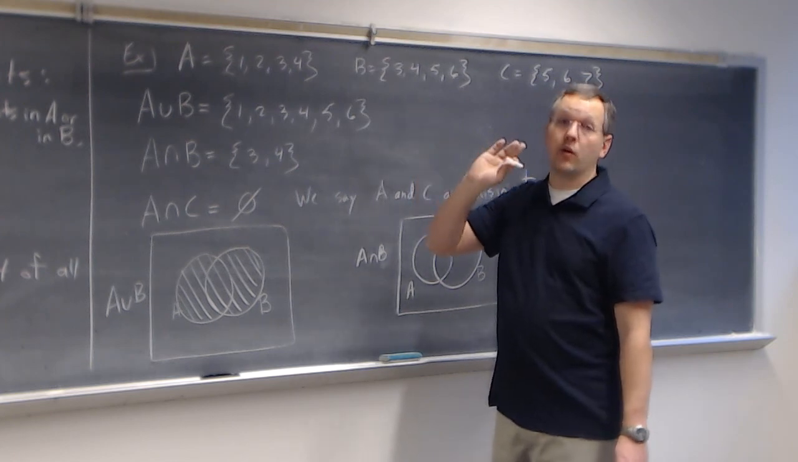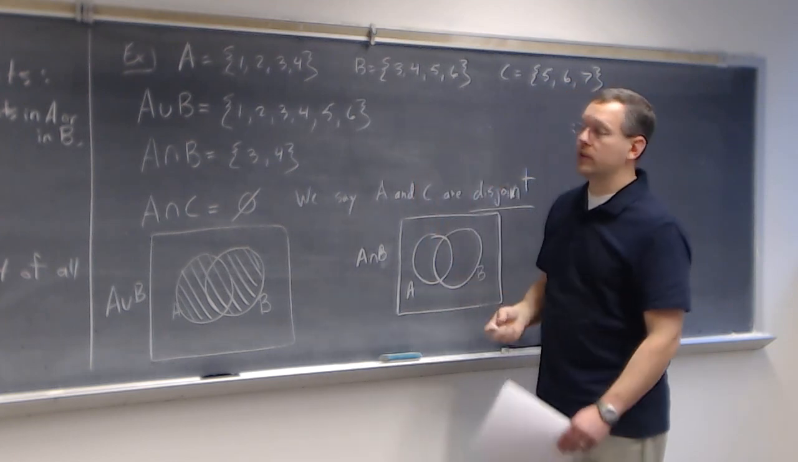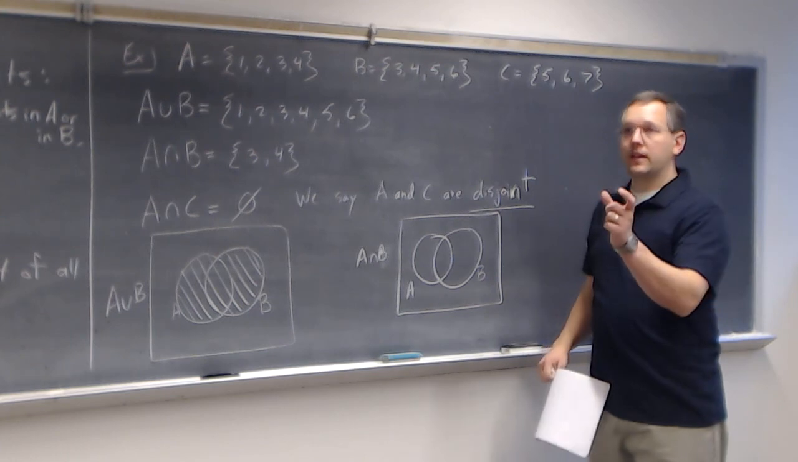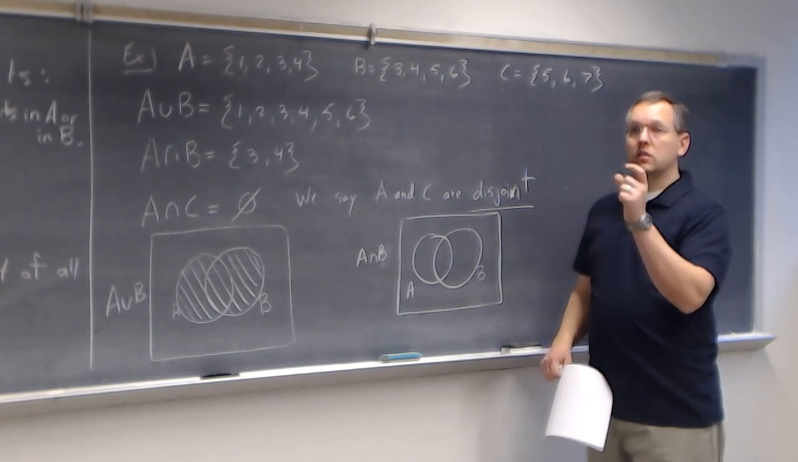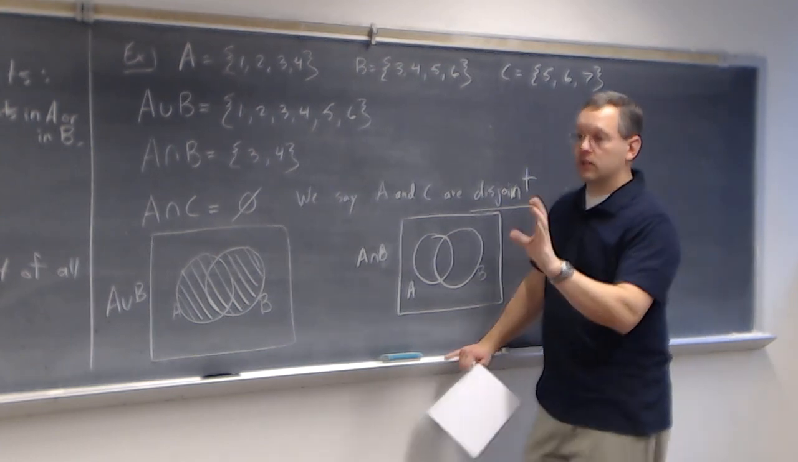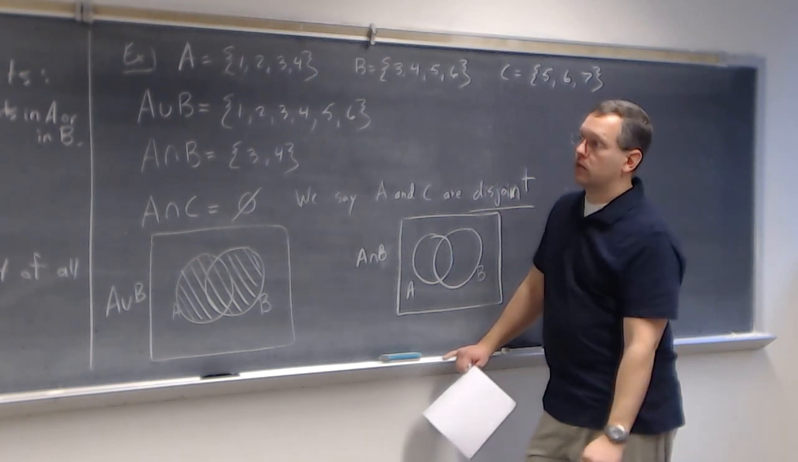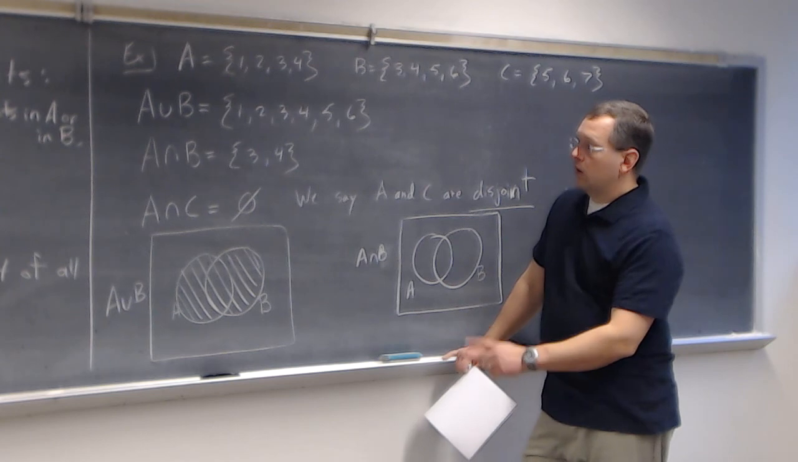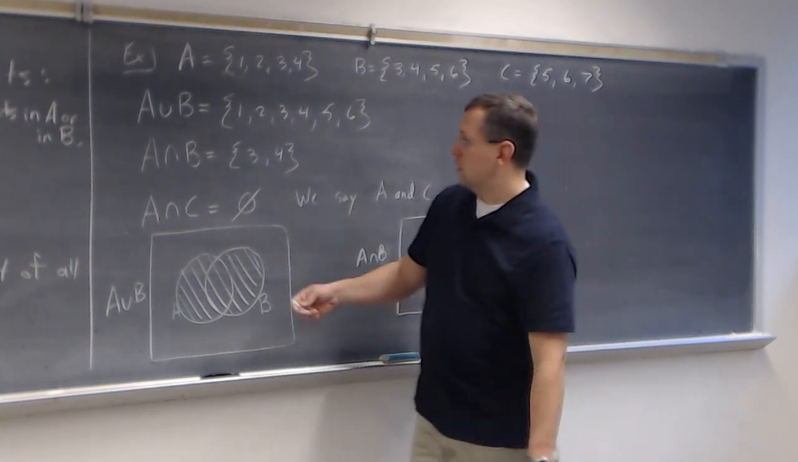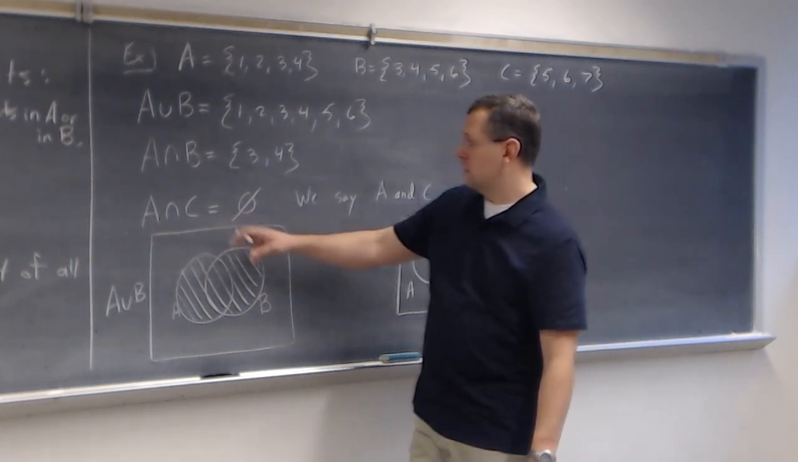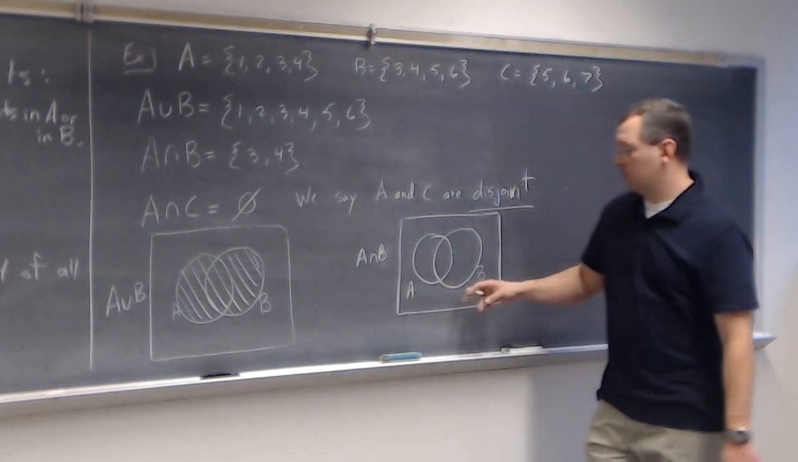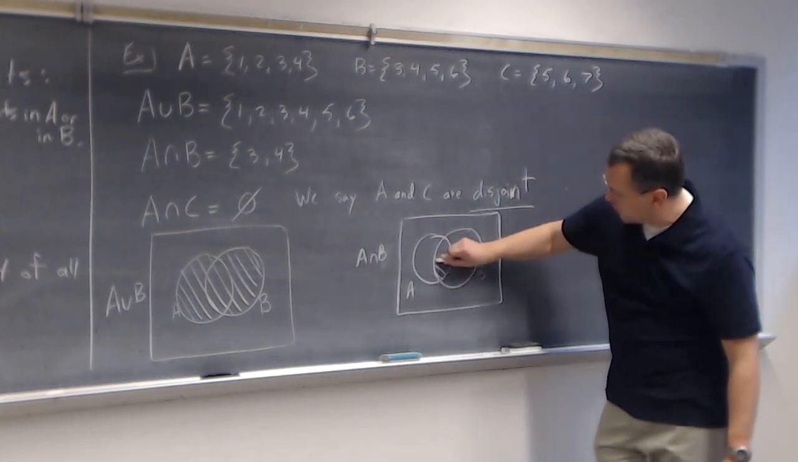It could potentially be both. So mathematically, when we say the word "or," we don't mean either-or. The mathematical definition of "or" is one or the other or both. So this is A union B, and this would be A intersect B, where the two sets